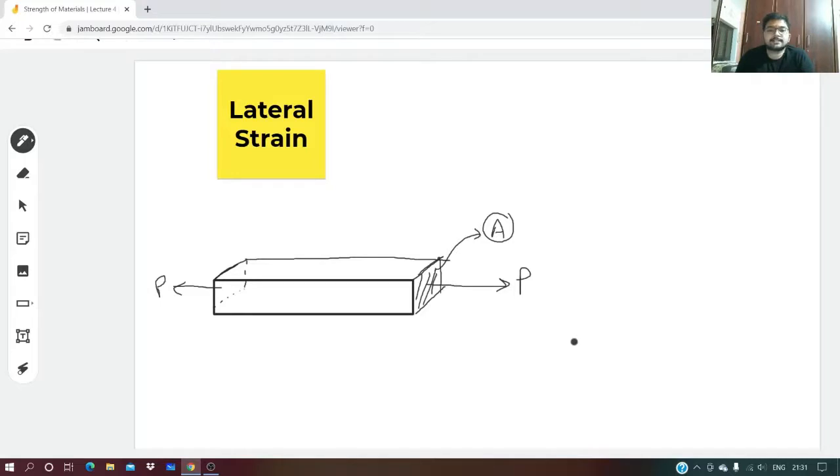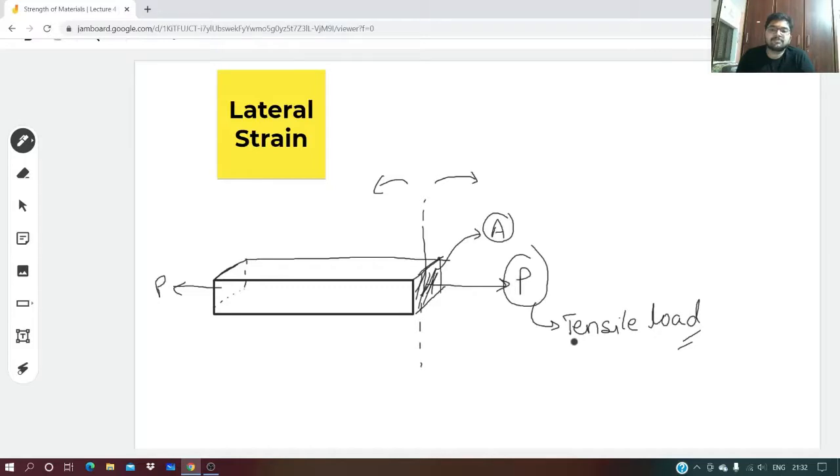In this case, if this is the section that we are discussing, the material is on this side, but the action of this force is on the opposite side, that is pulling. It is pulling this particular cross section or area away from the body. That means stretching action, that is tensile force, tensile in nature. So this P is basically a tensile load. Fine. Now it will obviously lead to tensile stresses.